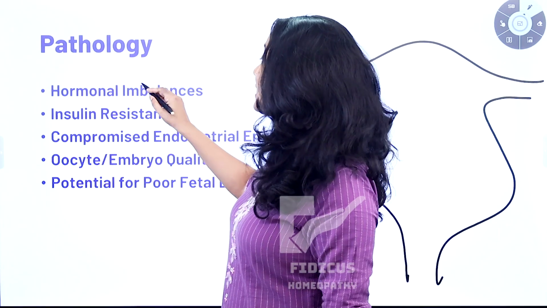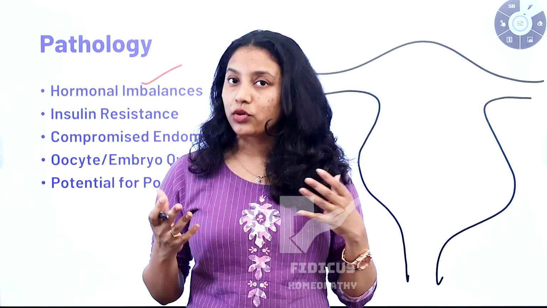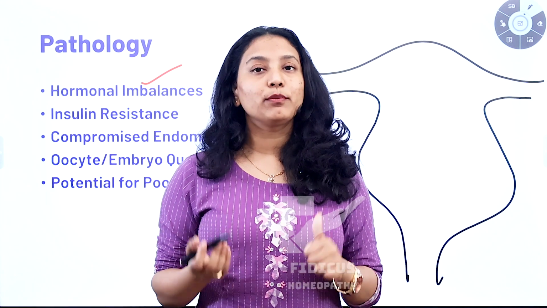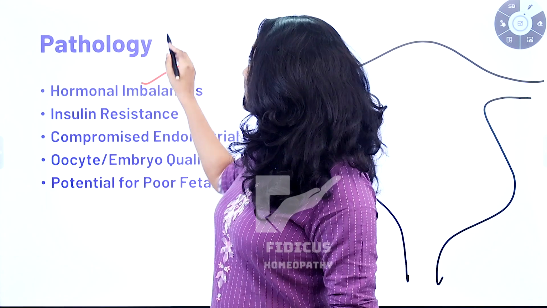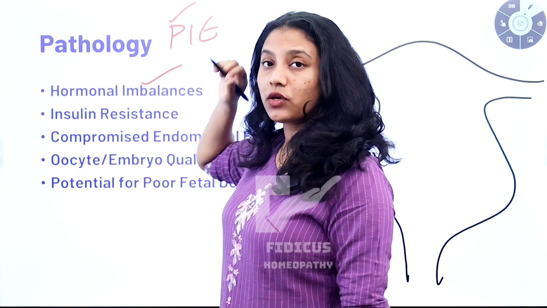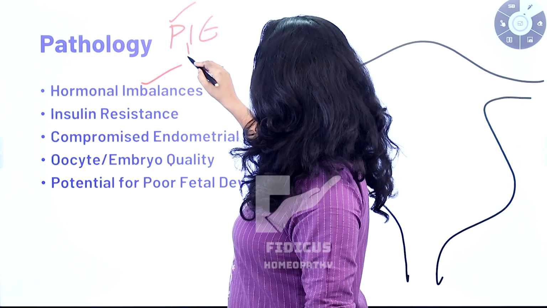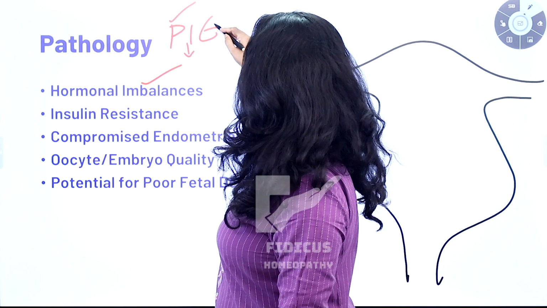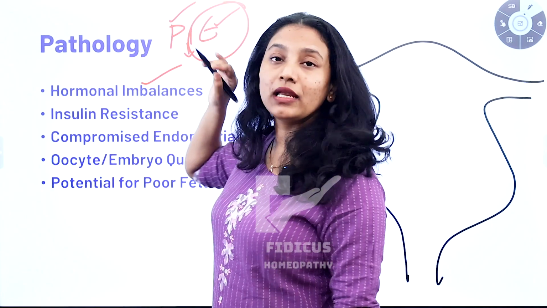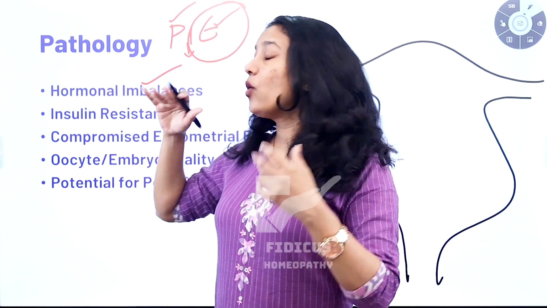The first and foremost thing is hormonal imbalance. As you know, in PCOS we have to follow the Rotterdam criteria, which is the PIE category. Always remember the PIE category for PCOS. P for polycystic ovaries in USG or ultrasonography, I for irregular periods, and E for excess androgen. So because there is excess androgen in PCOS patients, what happens is